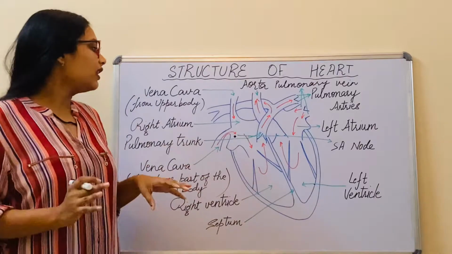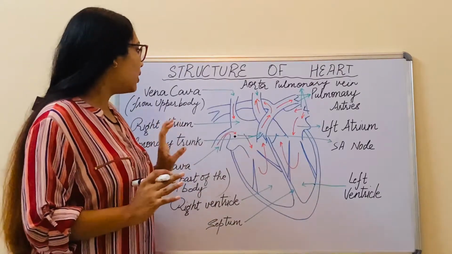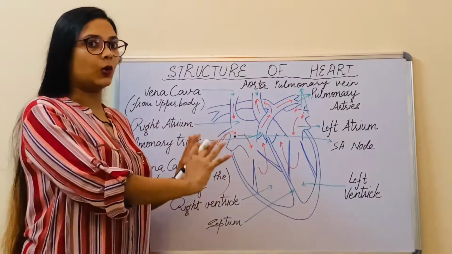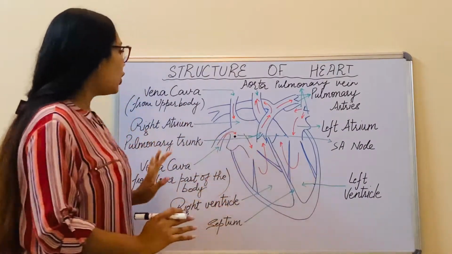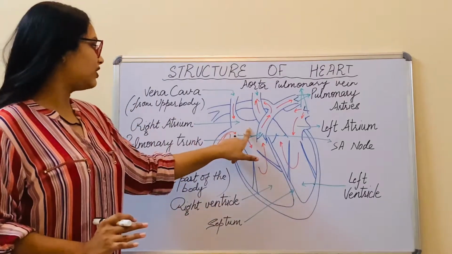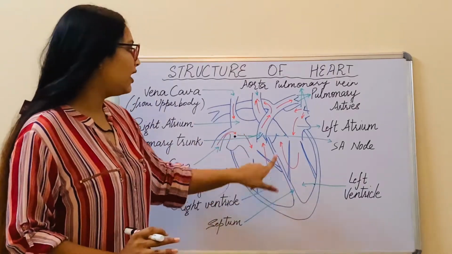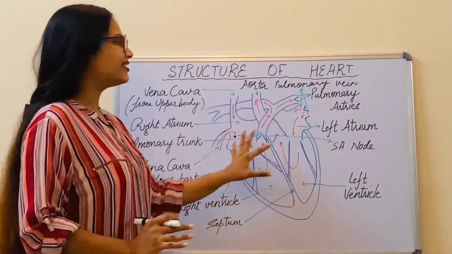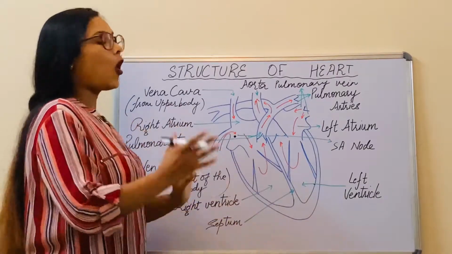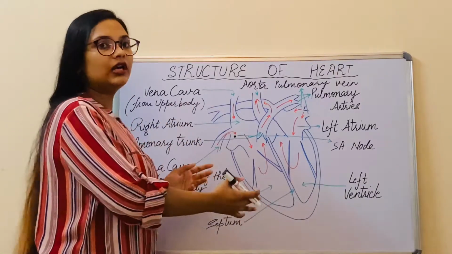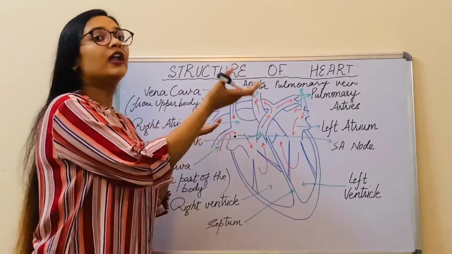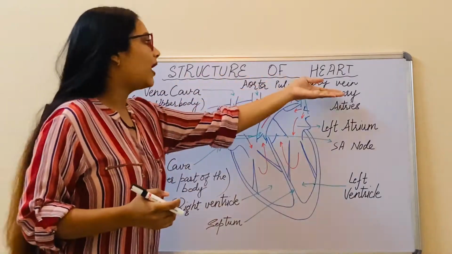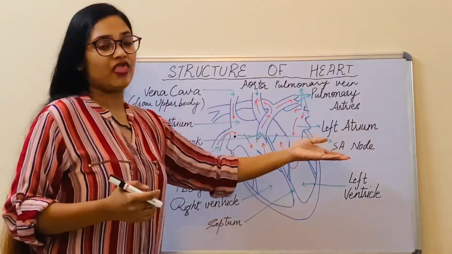So now we are going towards the labeling of this whole diagram, and I will go through the diagram very quickly. So, as we have seen, this is the right atrium, this is the right ventricle, this is the left atrium, and this is the left ventricle. The arrows in red show the flow of the blood from the heart to the different great vessels, namely the vena cava, the pulmonary vein, the pulmonary artery, and the aorta.